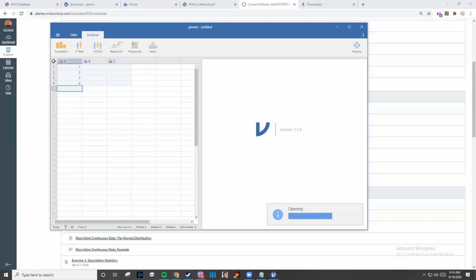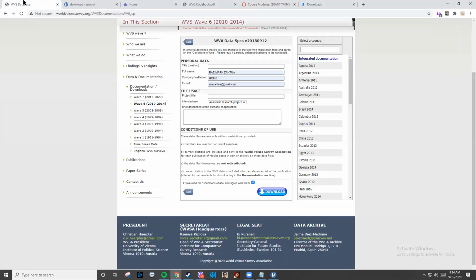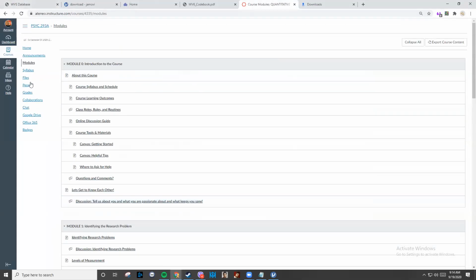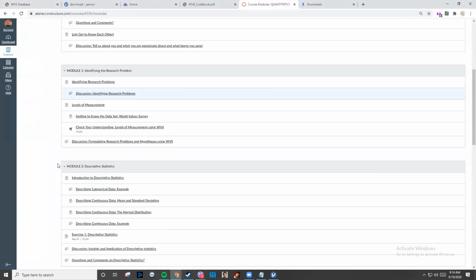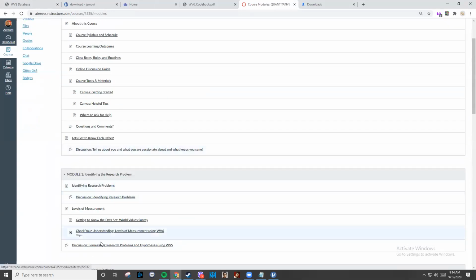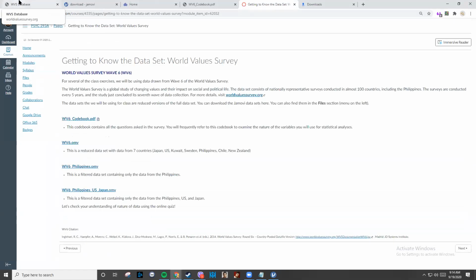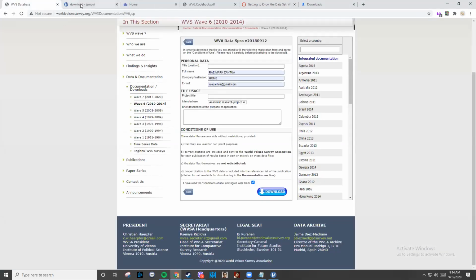So, ulitin ko lang just for those who just caught up with us. You can download your dataset from Canvas. When you press our course, you'll see it in files. You'll also see it as a module at the end of our module here. Or if you want the full dataset, then we filter it out. You can go to World Value Survey. I'll put it here at the chat. You can go to this website.